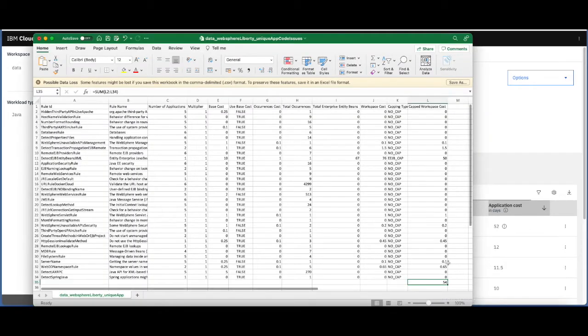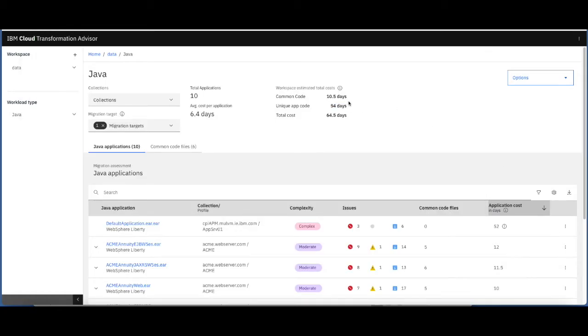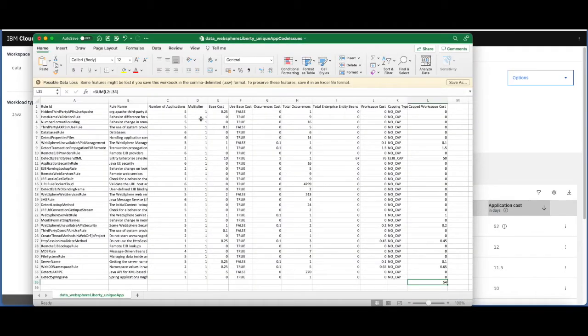So when you see these numbers here, we now give you specifically a way to see exactly how those are calculated, what the rules involved are, and what amount of modernization each rule is going to apply. And that gives you lots of useful information because, for example, in this particular case, we've got